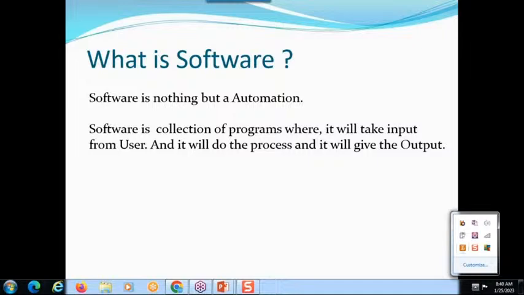But most people say testing means finding defects. No, it's not finding defects. Defects can be found by anyone, not only a tester. A defect can be found by the developer, by the client, by the end user. Anyone can find a defect. But don't say testing is only for finding defects. That is the wrong assumption.